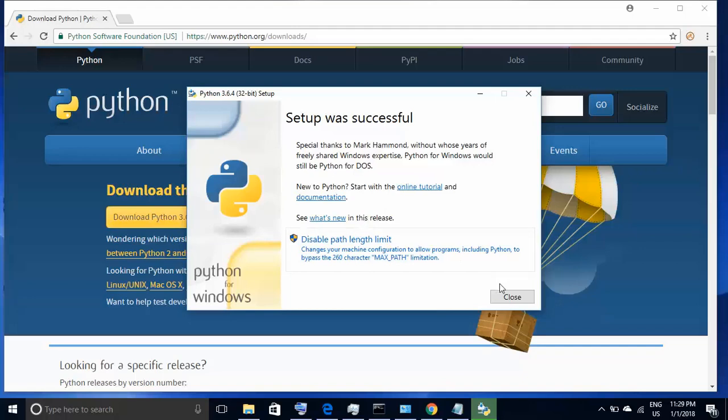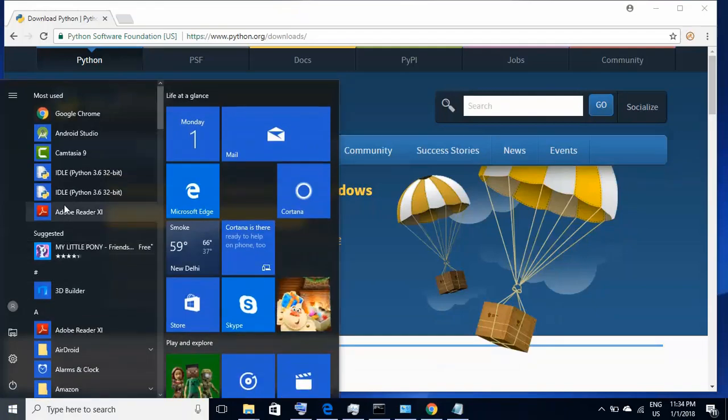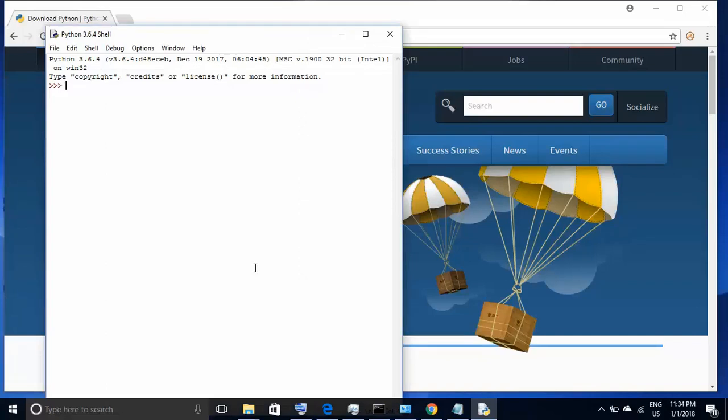I'll close this window. I'll go to the start menu. If you see here, I have Python 3.6 32-bit installed. I'll click over there. You will find this kind of a window popping up. So here is the place where we will write a small test program to check whether all the installations are